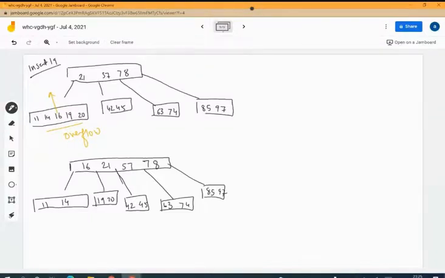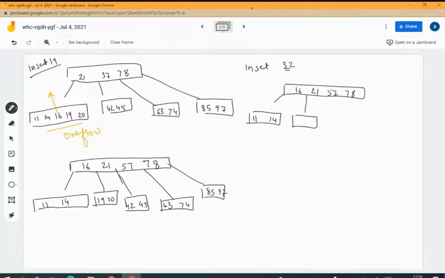Right. So my tree, after insertion of 32, will have the values 16, 21, 57, 78 as it is. This will become 11, 14 as it is. Towards this point, it will be 19 and 20. But here, now, your 32 will be inserted.